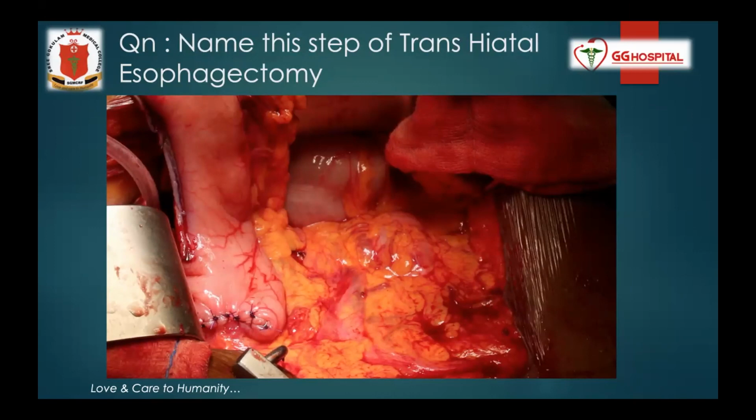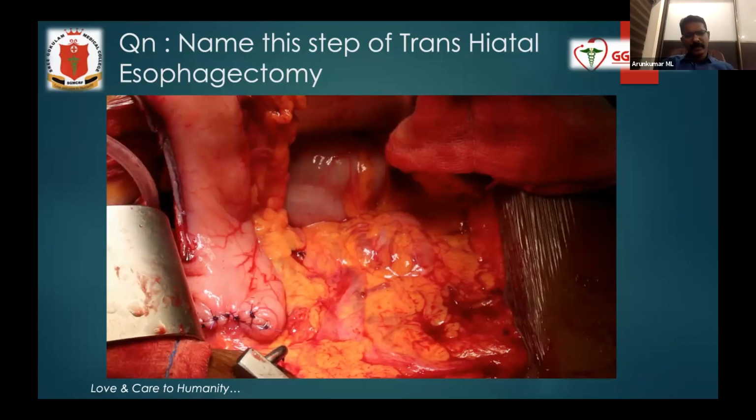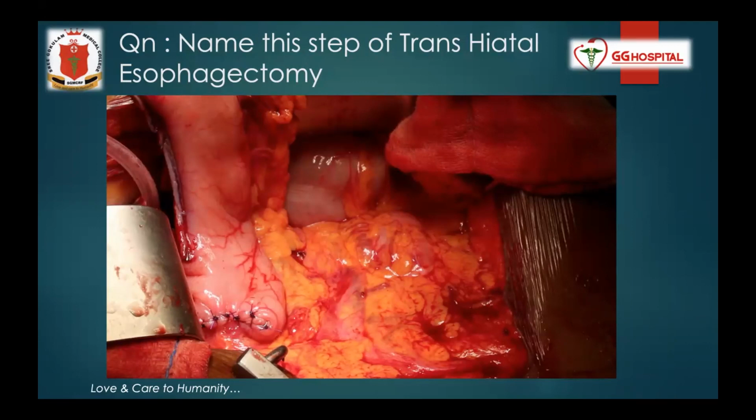Yes, and one important concern is to avoid pressure on the staple lines or on the anastomosis. Yes, sir. So I would also go for a pyloroplasty. No, I'm not against pyloroplasty. Only thing is that when I'm told that there is bile reflux, the bile should be distal to the pylorus. So if the bile is coming back, that means the pylorus is patent. Yeah, it may be patent, but not patent enough.